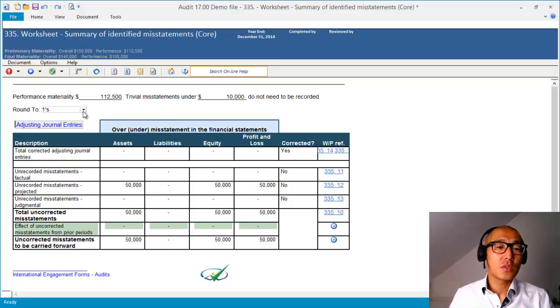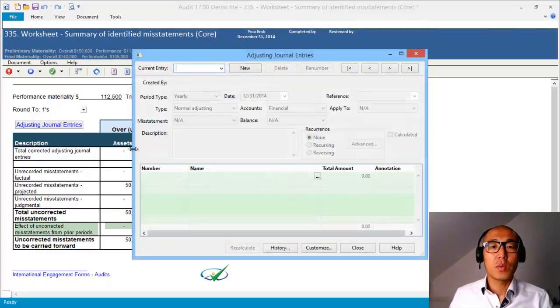And this misstatement, this proposed adjusting journal entry is now showing up here in the assets. That's my receivables plus 50. In the P&L, it increases that as well by 50, and therefore the equities would also be increased. So per type of this table, this worksheet will sum up the misstatements per type: factual, projected, judgmental, and then sum it up in these lines, and it will do that real time as soon as you post the adjusting